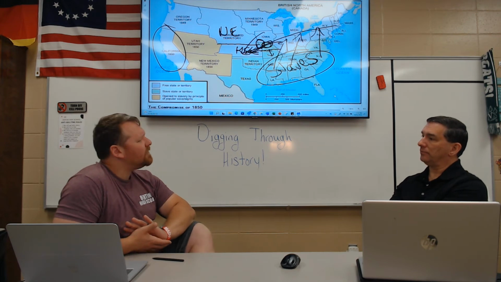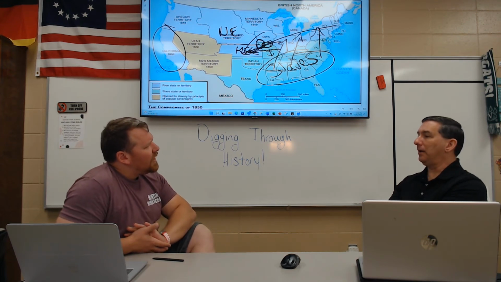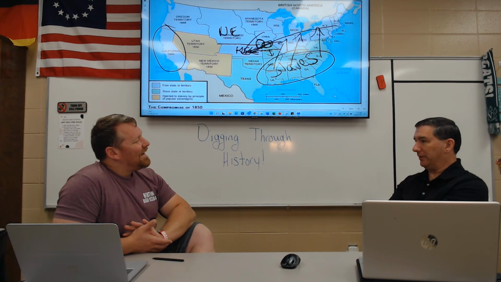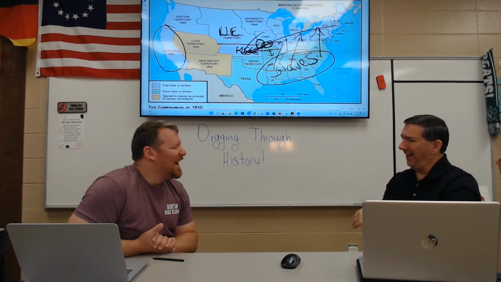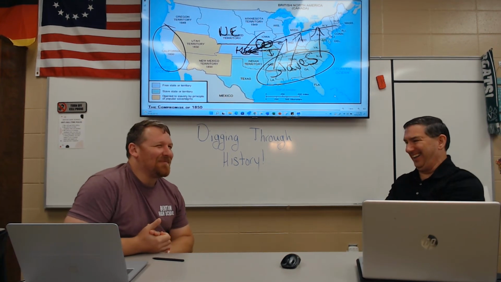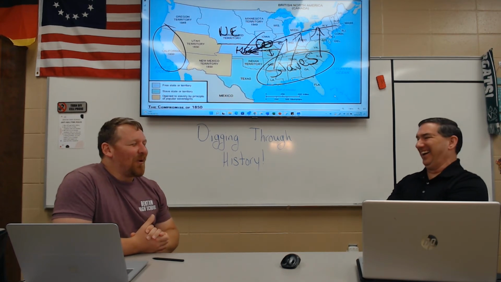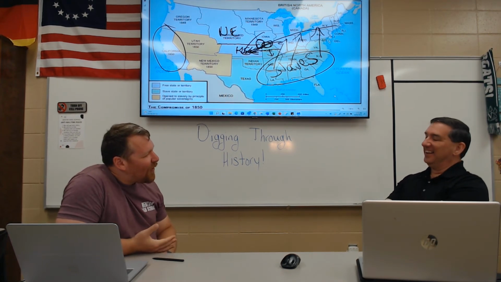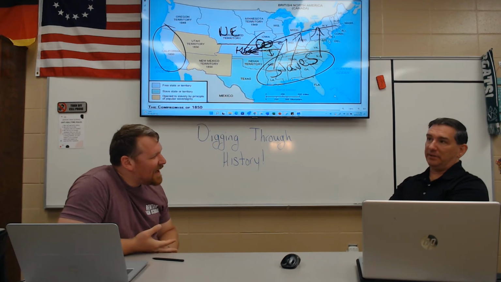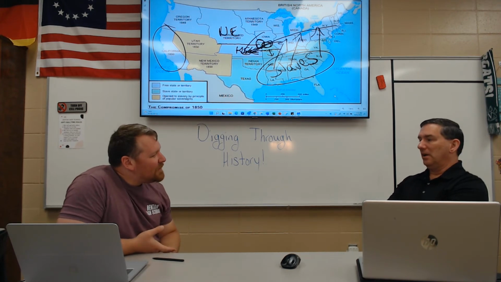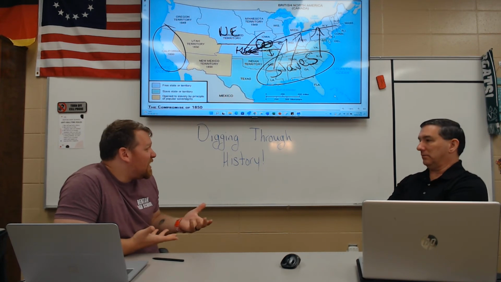He was a failure at everything that he did, though. Hey, be nice to failures. Truman failed at everything he did until he was president. You're right. But unfortunately for John Brown, he was a failure as a farmer. He was a failure as a businessman. He was a failure when it came to preaching. He couldn't keep anything really going his way.